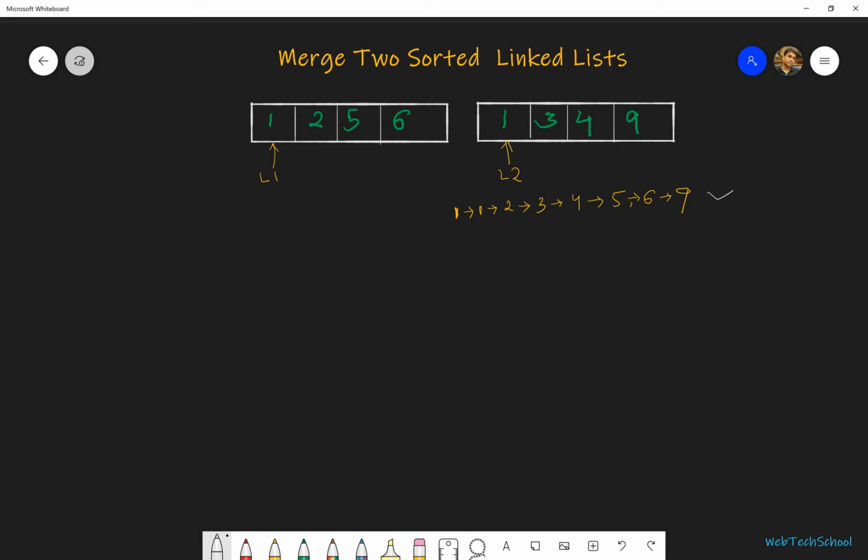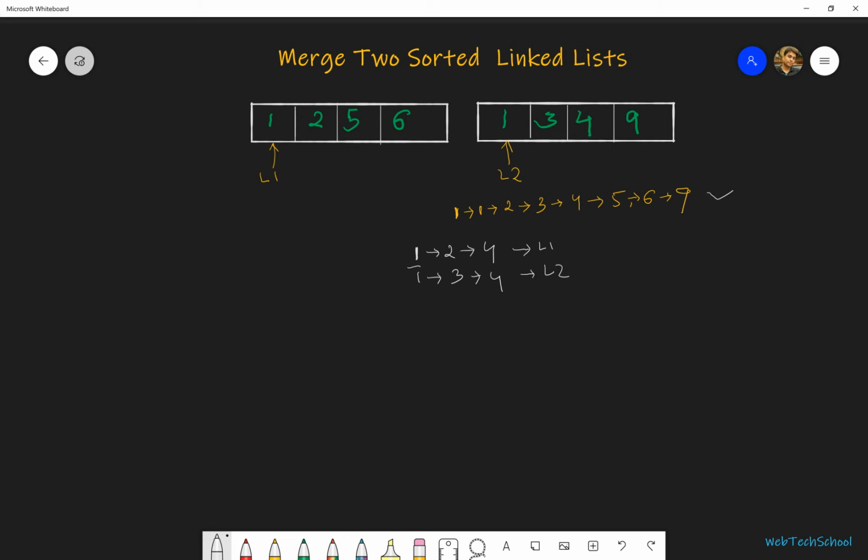Let's say we have two lists: 1 points to 2 and 2 points to 4, and 1 points to 3, 3 points to 4. This is, let's say, list 1 and this is our list 2. So what should be our output?